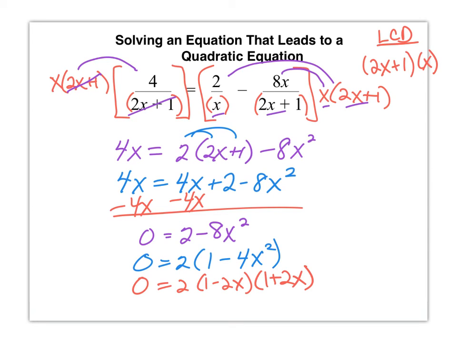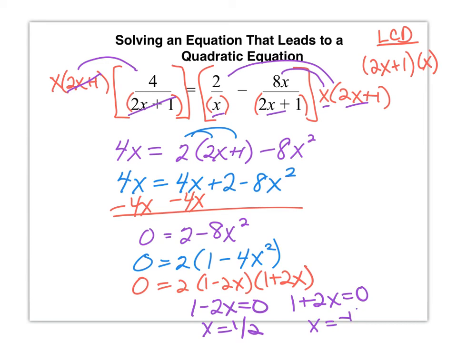We're going to set each of those factors equal to 0. If you set 2 equal to 0, that's not going to help you find the solution, but we can set 1 minus 2x equal to 0, and by adding 2x and dividing by 2, we get x equals 1/2 as a possible solution. And by setting 1 plus 2x equal to 0, subtracting 1 and dividing by 2, we get